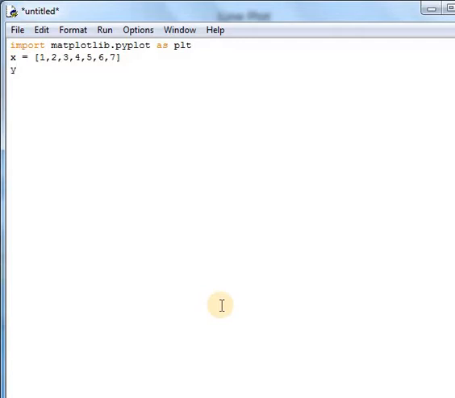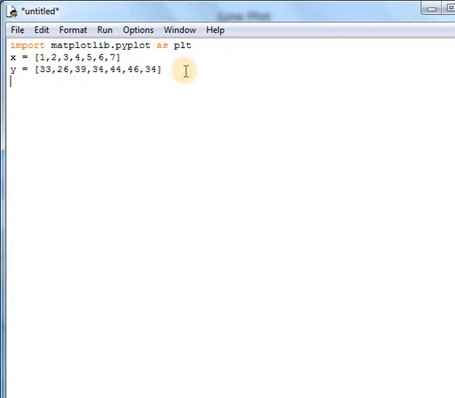Now the y-axis represents the temperature. Here I am taking the variable y and I have declared it as a list. So the temperature is 33 on the first day, 26 on the second day, and on the third day it is 39. You can give anything: 44, 44, 46, 34. So here I am giving 7 values. So the x-axis has 7 values and the y-axis also has 7 values.